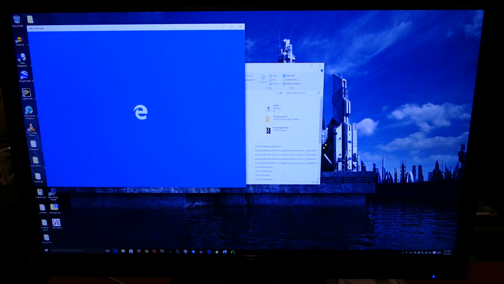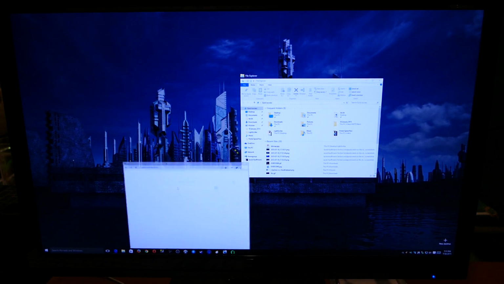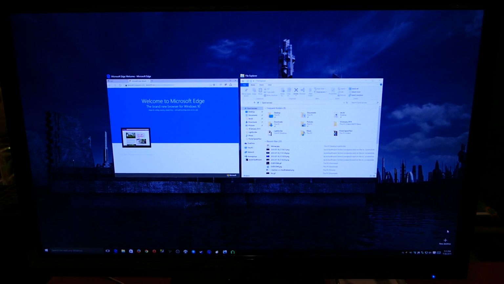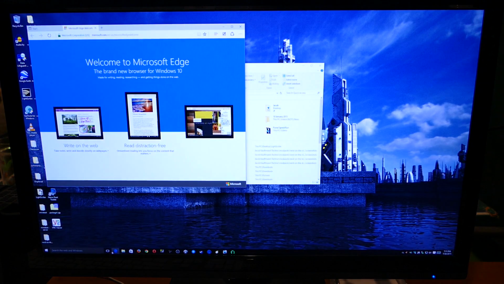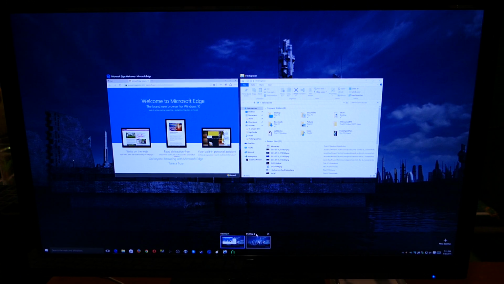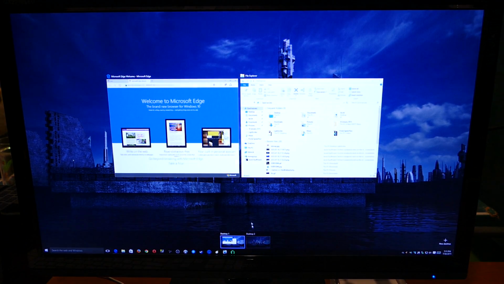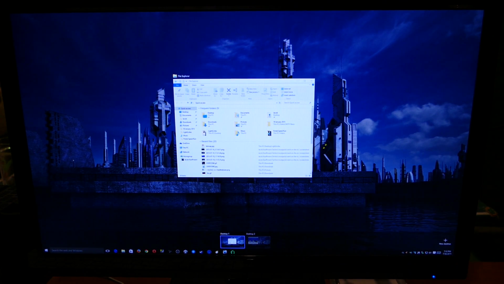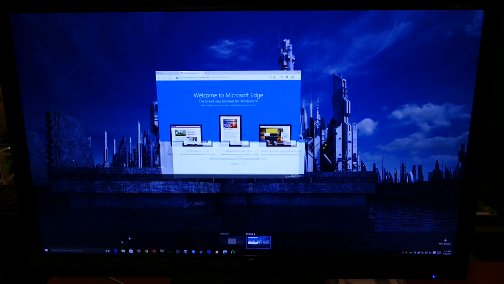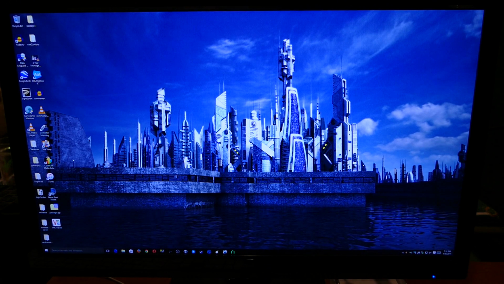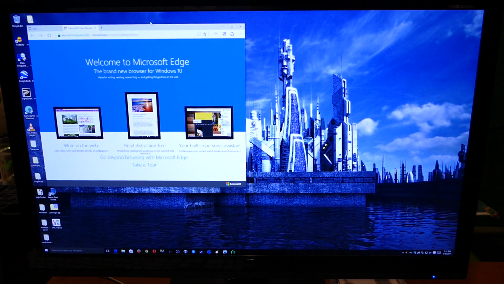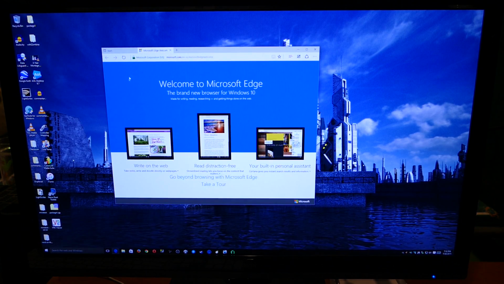So we can open up Microsoft, alright, so this is Microsoft Edge. And now we can make a new desktop. I covered the new desktop feature in my Windows 10 technical preview video. One of the predictions I made was that in the Windows 10 technical preview, you could not drag and drop windows onto other desktops like that, but I made the pretty obvious prediction that they would add that functionality. So that's just a little look into some functionality that was added since the technical preview that was months ago. So yeah, I'm probably not going to use Edge too much, but I am going to play around with